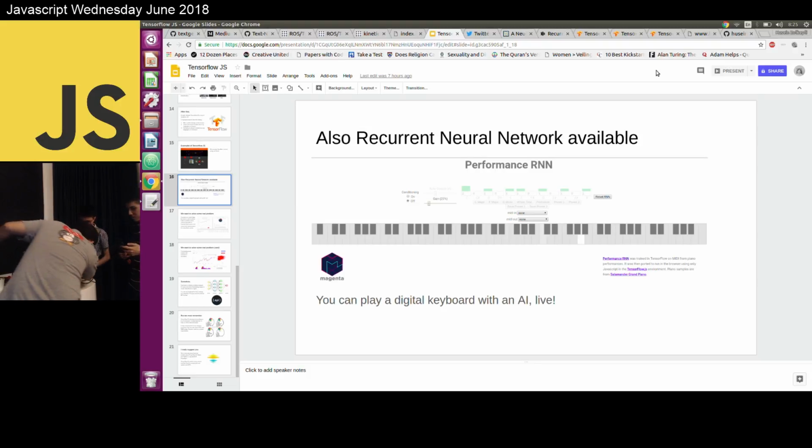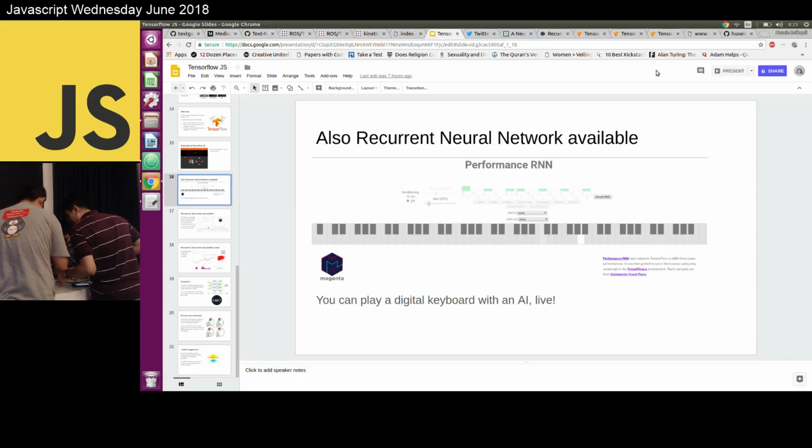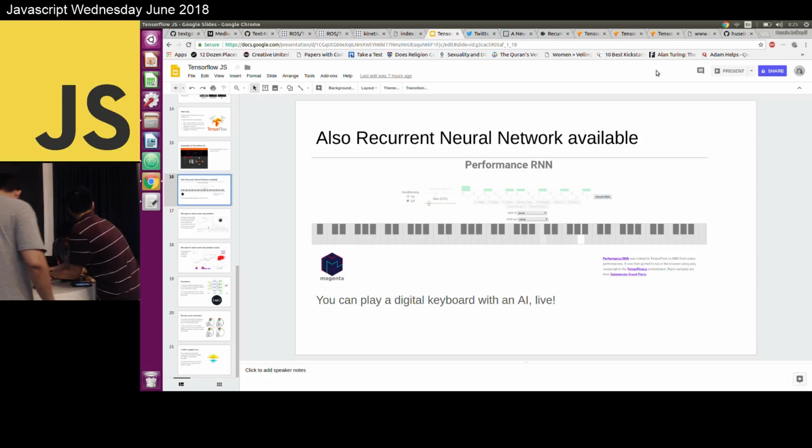Here's your USB port. Does it work? Pray it works. Should have the mirror.